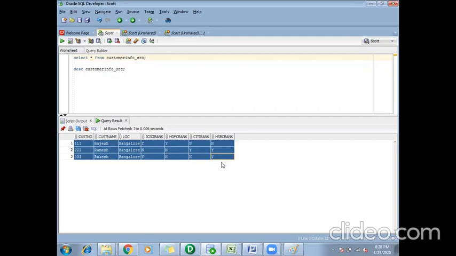And if you observe this, it doesn't look like a convenient way of storing the data in a table. If we talk about normalization, we have first normal form, second normal form, third, fourth, and so on.